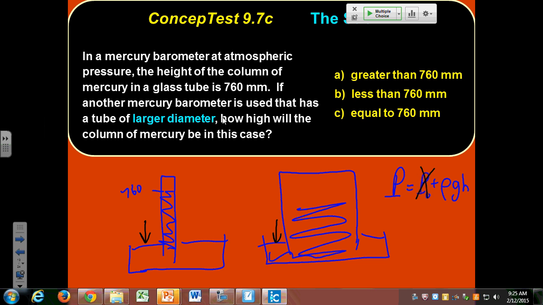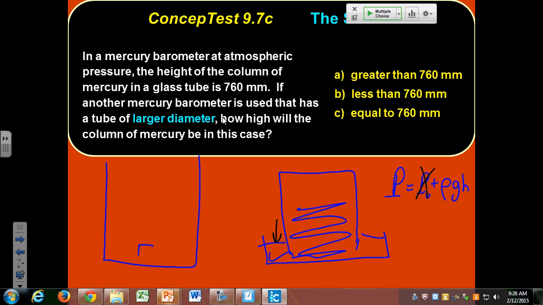These two are going to be the same because this relationship has nothing to do with the diameter of the barometer or the cross-sectional area of the barometer. It only has to do with the height. In fact, if you remember that little derivation we had for the pressure due to a fluid of a certain depth, we imagined this little box,